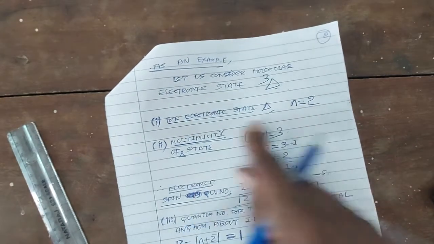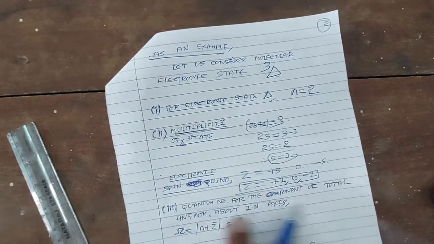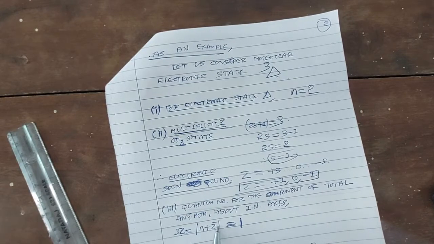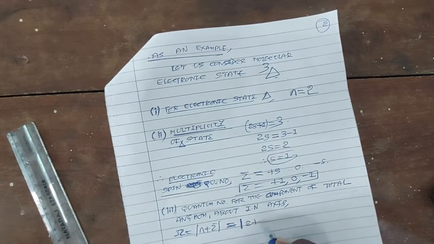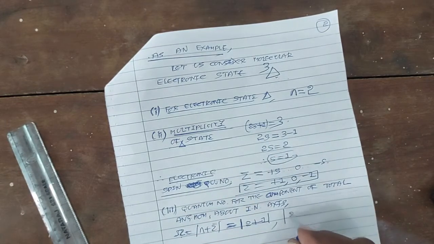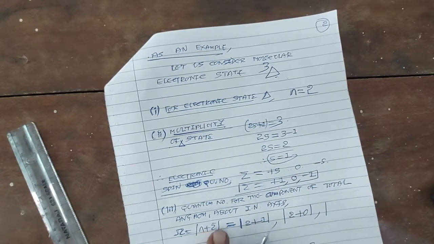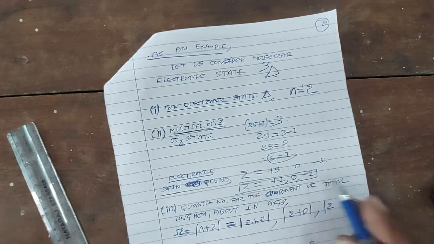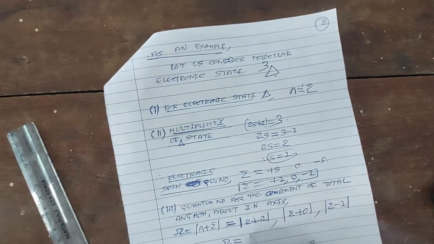Okay. So we have obtained 2 quantum numbers, lambda and sigma. The quantum number corresponding to total angular momentum is omega, equal to lambda plus sigma. Now for delta state, lambda is equal to 2. The first value of sigma will be 1. The second value of omega, the total quantum number, will be lambda is 2, sigma will be 0. The third value of omega will be lambda plus sigma, where lambda is 2 and sigma will be minus 1.